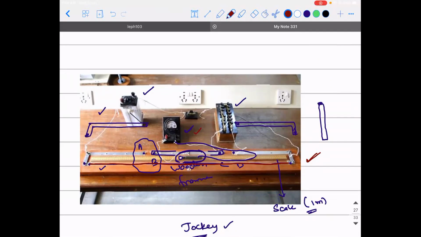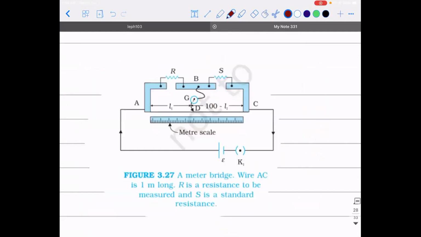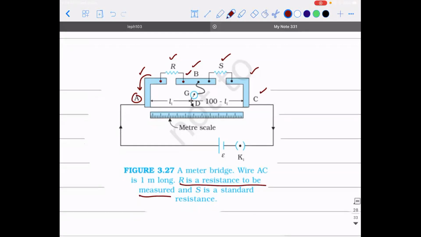Yes, sir, understood. Okay. So if I take a top view of it and represent it in a diagrammatic format, I told you about the two L clamps, right? And you have a flat metallic conductor like this, a rectangle shaped one. Now, this L-shaped rod they call A, the flat one they call B, and the L-shaped right side one is called C. So between this screw and this screw, there is a resistance connected. For the time being, let's say R is the unknown resistance. R is the resistance to be measured and S is a standard resistance. It is a reference one.